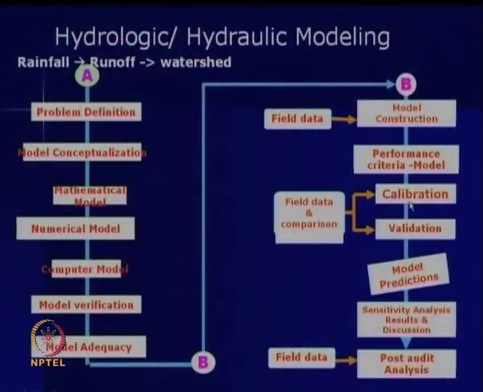That step is called the performance criteria of the model. With respect to field conditions, most of the parameters like hydraulic conductivity, porosity, and the Manning's roughness coefficient vary drastically from one location to another in the watershed. So, we have to go for a calibration and then validation process. We do this with respect to the field data and compare with the observed data. That process is so-called calibration and validation, and it is very important for the particular watershed.